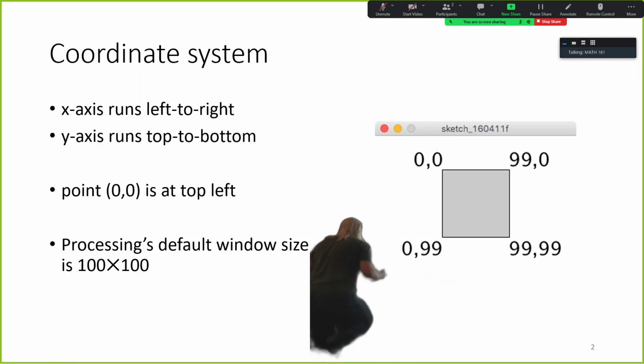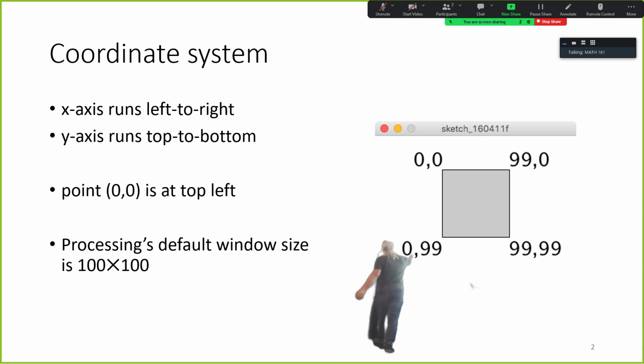Right, so Processing has a coordinate system in it. How many of you downloaded and got Processing on your machines? Excellent, that's fabulous. One of the first things you might notice when you start working in Processing is it flips